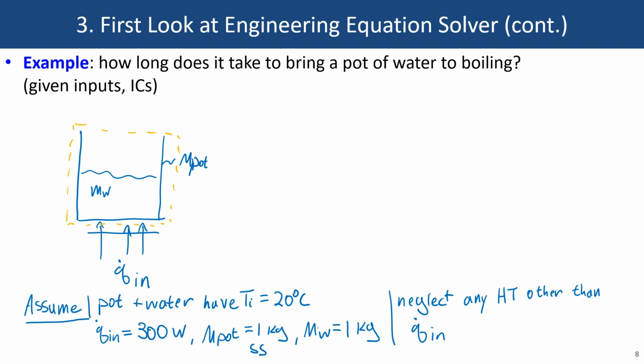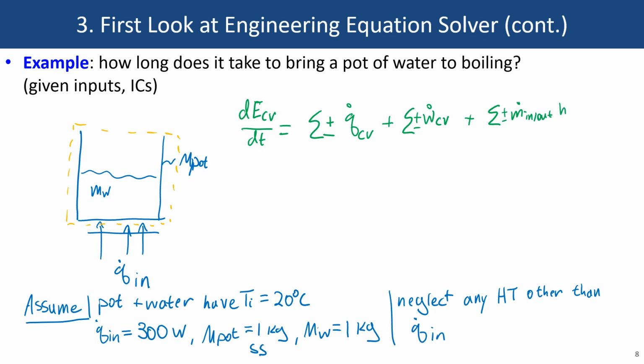So we have d energy in the control volume, d time is equal to the sum of any heat transfer through the boundaries. So plus or minus Q dot into the control volume, where positive is heat flow in, negative is heat flow out. We could also have work flowing in or out. So this would be W dot for the control volume, positive in or out. And we also have the potential for mass to enter or exit this control volume, which would carry some enthalpy with it. So we would say that this would be M dot, which could be in or out, times the